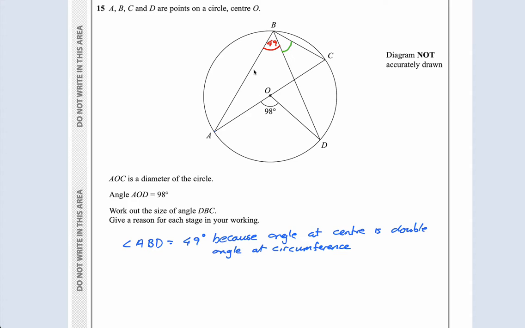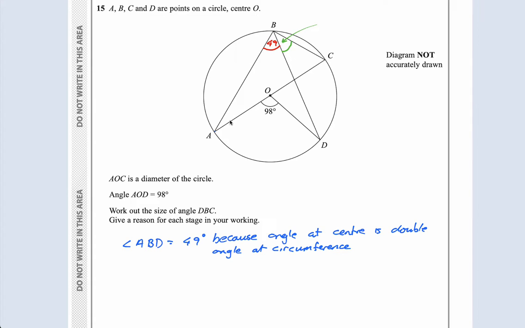So when you have this angle here, that angle is always double this angle there. 98, 49, double. Now I'm actually finished, guys, because I know that this angle here is 90 degrees